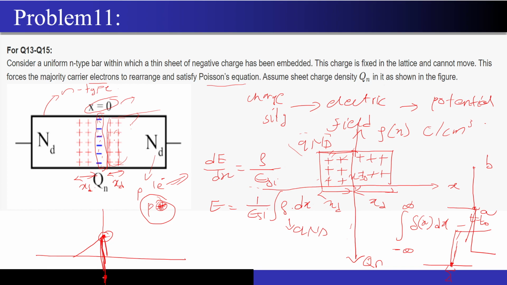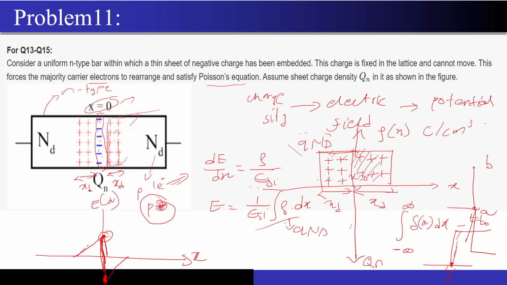Exactly over here within the zero time, within the zero time I have made this change over here, right? And now again on the right I have this positive charge density. If I integrate the positive charge density, I will get a linear positive slope, and the only way I can draw a positive slope is like this, correct? So this is how I got the electric field diagram, E of x versus x.